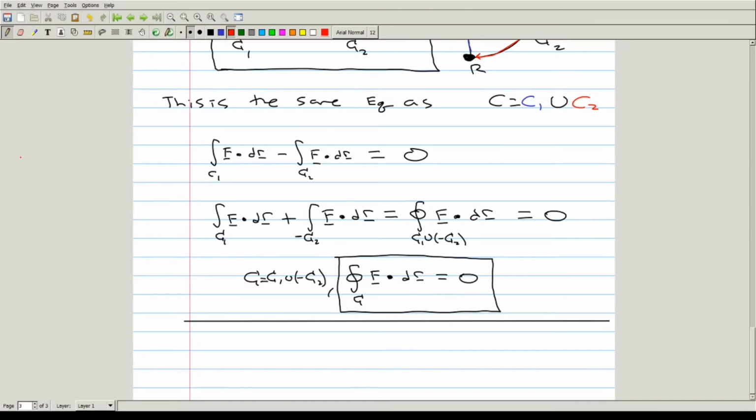We can also show the inverse of this statement very nicely, and that's that if the line integral is equal to 0 along any closed curve C,